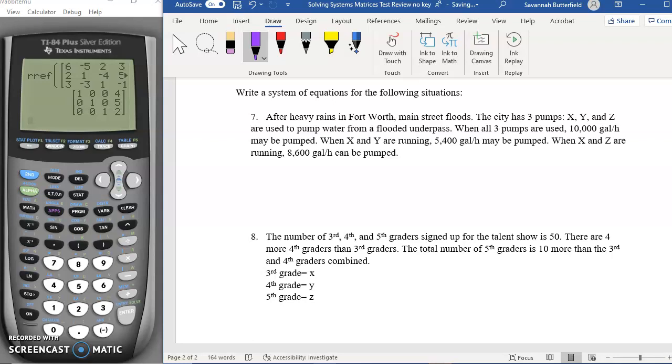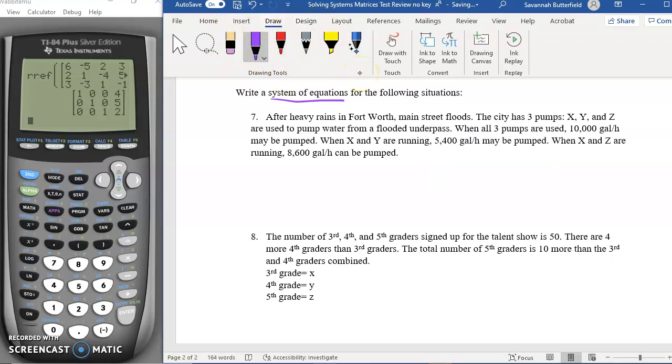And so it wants us to just write a system of equations. We don't have to solve this, but we could if we needed to. So I have the 3 variables, and then I'm going to have a solution. So this is going to have 4 columns, and then we're going to see how many equations we can make. So this first one says when all 3 are used, so when X, Y, and Z. So that would be 1 for,